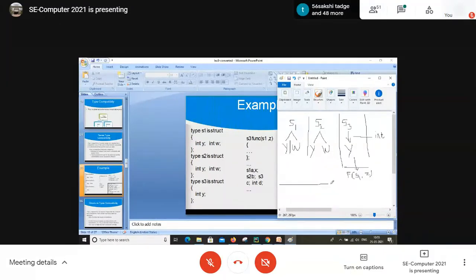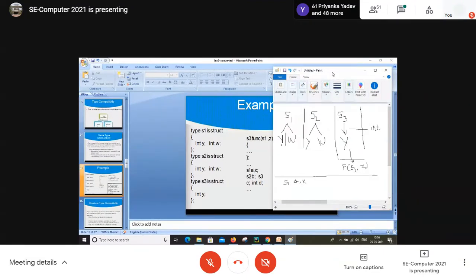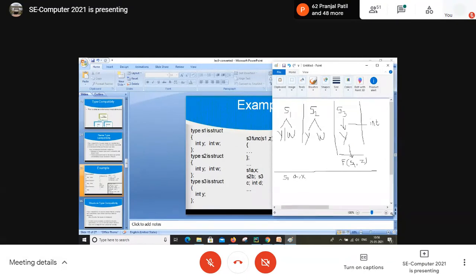After this, they create instances of the structure. S1 is a structure and 2 instances have been created, A and X. So all the data related to S1 is treated with these 2 variables.